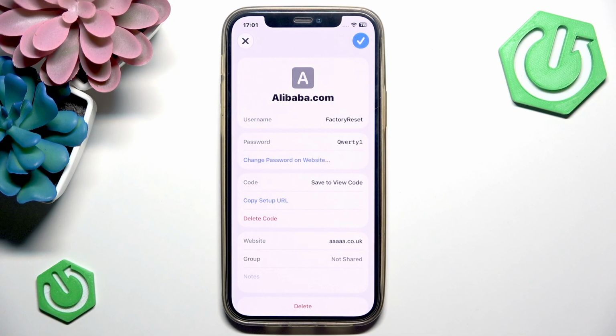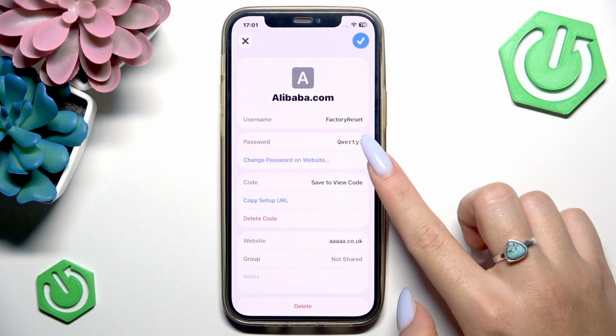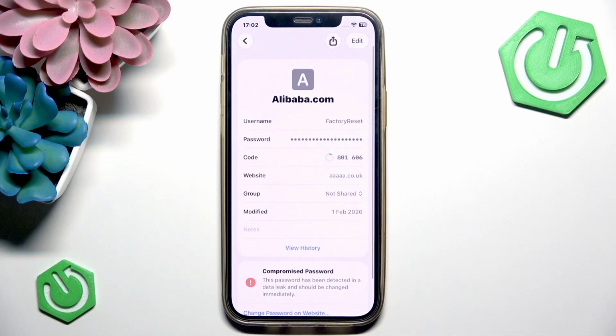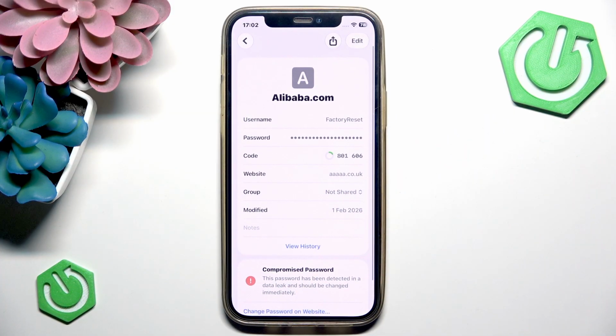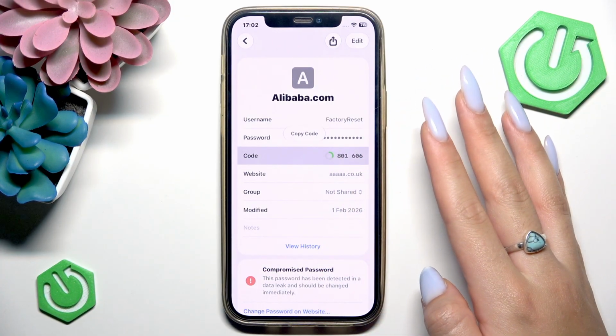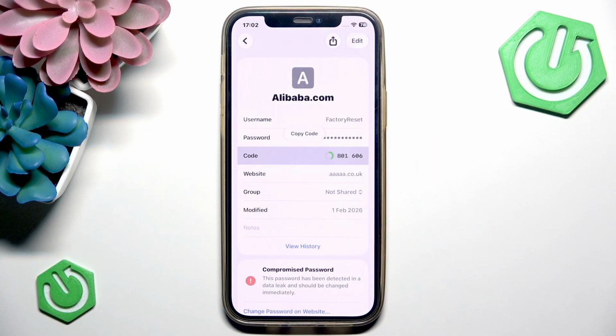complete the activation. After this moment, the Passwords application will instantly generate a 6-digit code, so you want to simply save it. And this is actually a dynamic code which will change itself automatically after several seconds. So here is your verification code, and now you can just simply copy this code, head back to